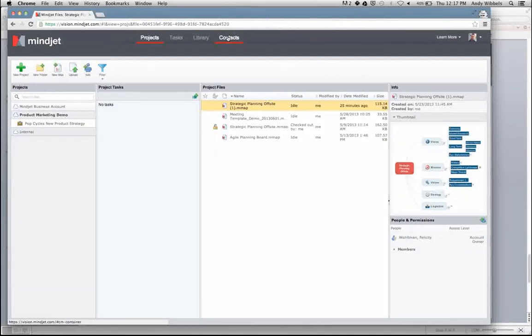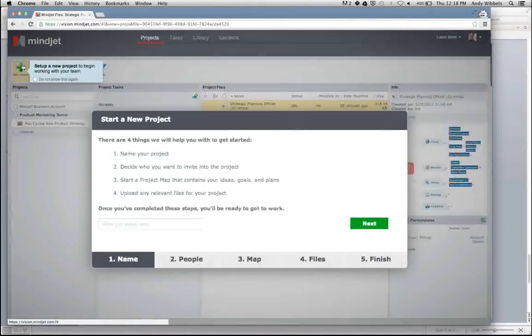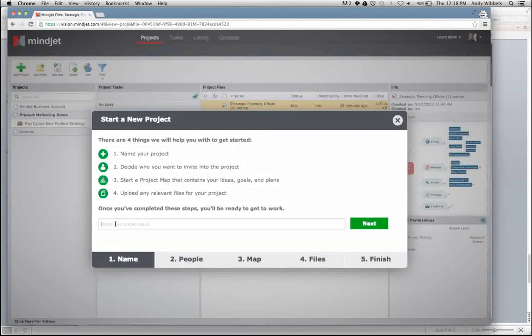What I want to show off first is how you start a new project inside Project Director, because a lot of times that's a big challenge for folks. They don't know where to go with a new project, how to start, what do I need first, and Project Director helps you through that process very quickly. So as you can probably see, I just click on where it says New Project. This is our new project quick start experience. I just choose a name for my project